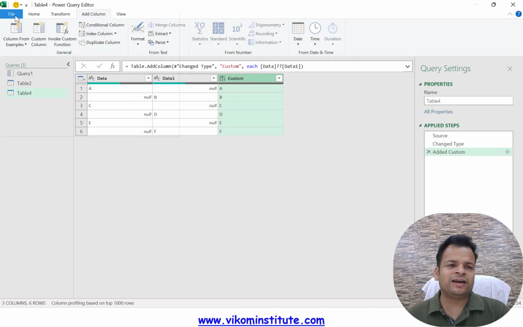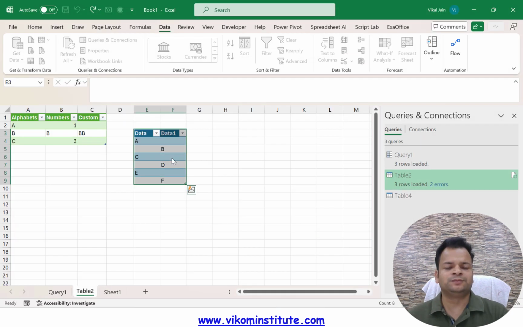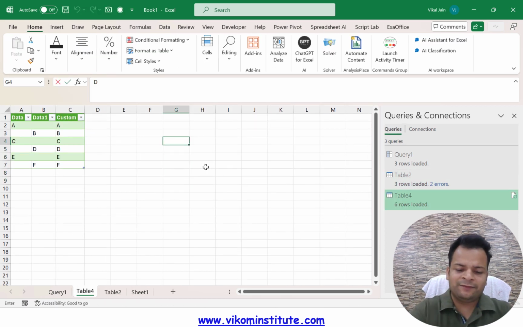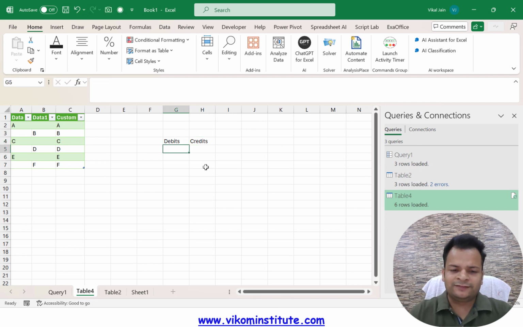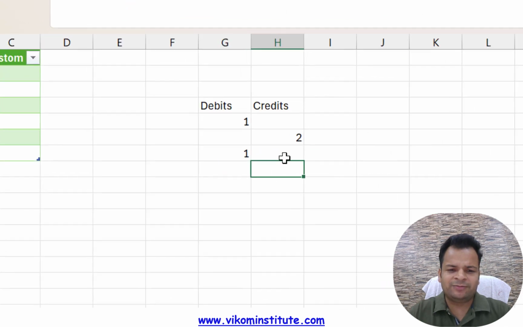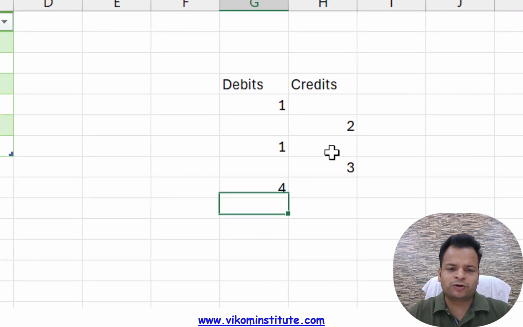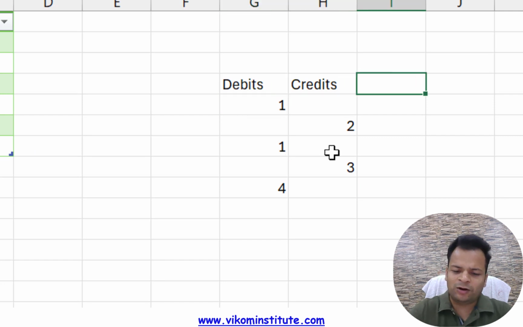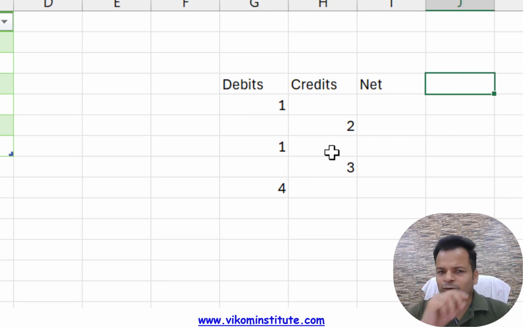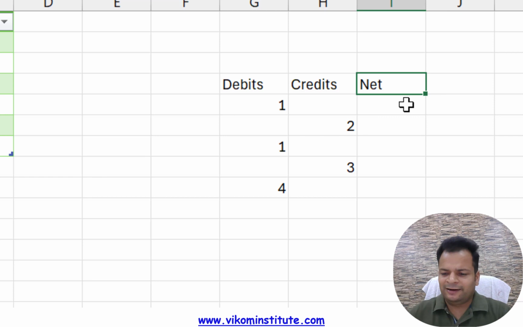So let's go to File and Close and Load. Here we have debit and here we have credits. Now let's say I am typing 1, 2, 1 and again 3, 4. So here are the debit and credit. Now I want to calculate the net.